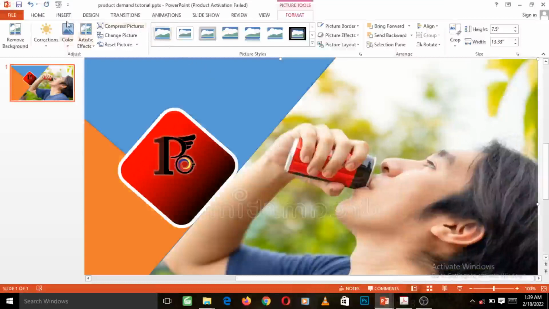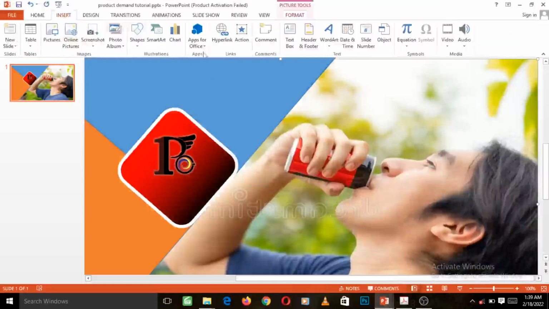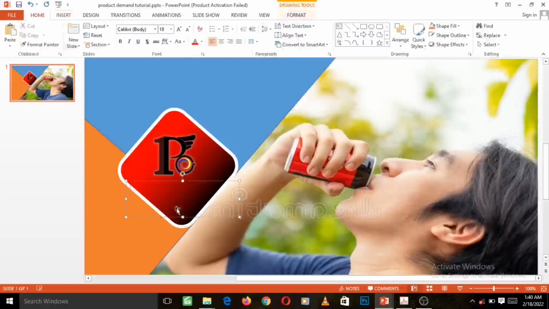Remember what I said the other time. We go to insert menu. We need to insert a text box first before we can put text. So I've just left clicked on text box. I left clicked and dragged. Once you left click and drag, it will be blinking inside. You can now write